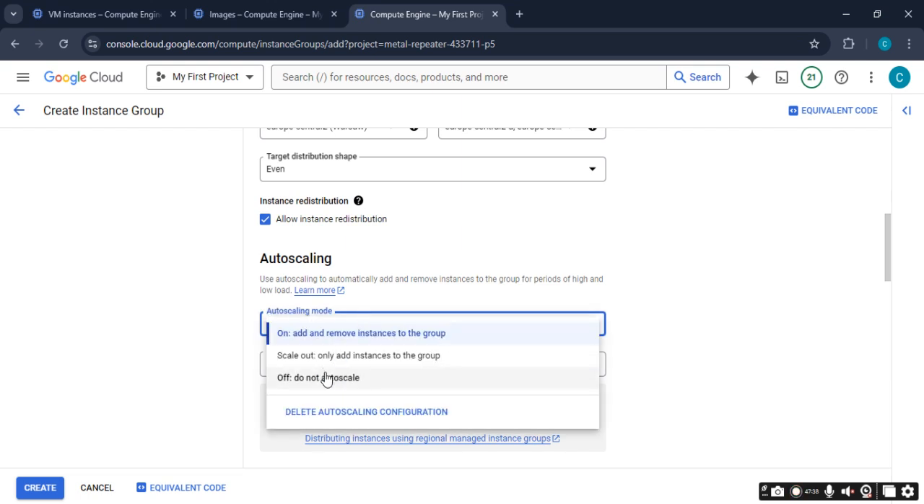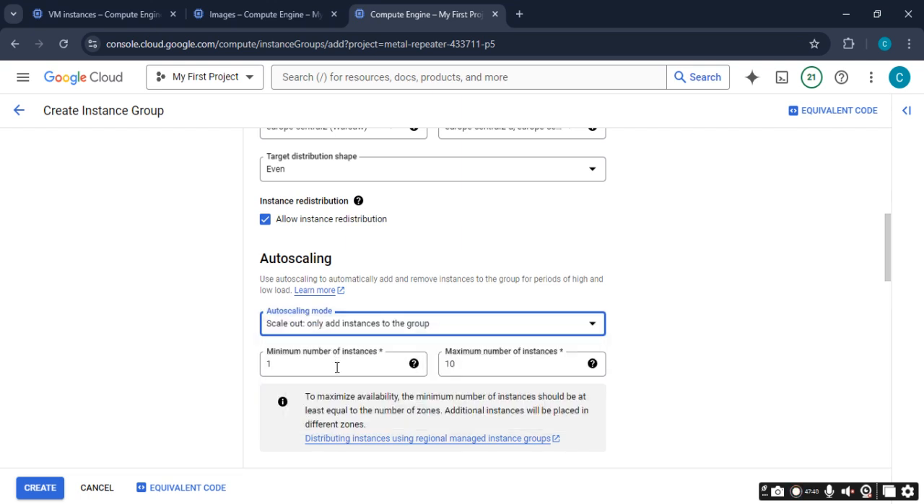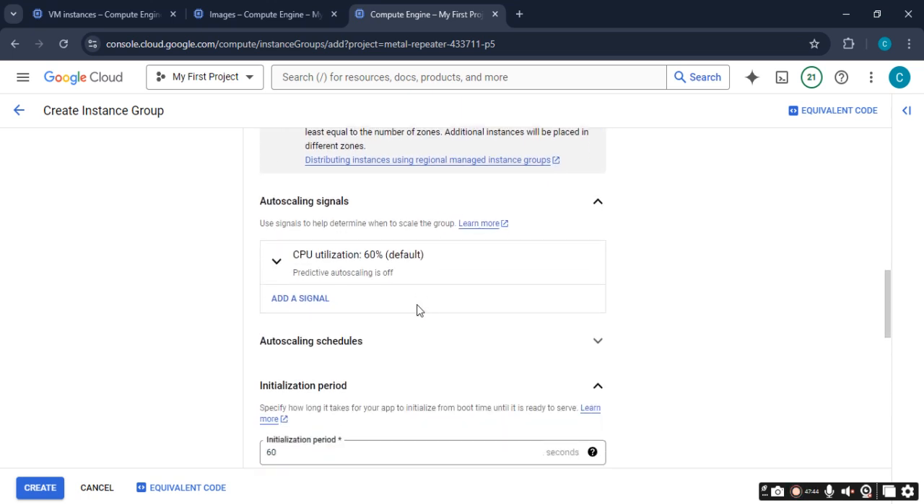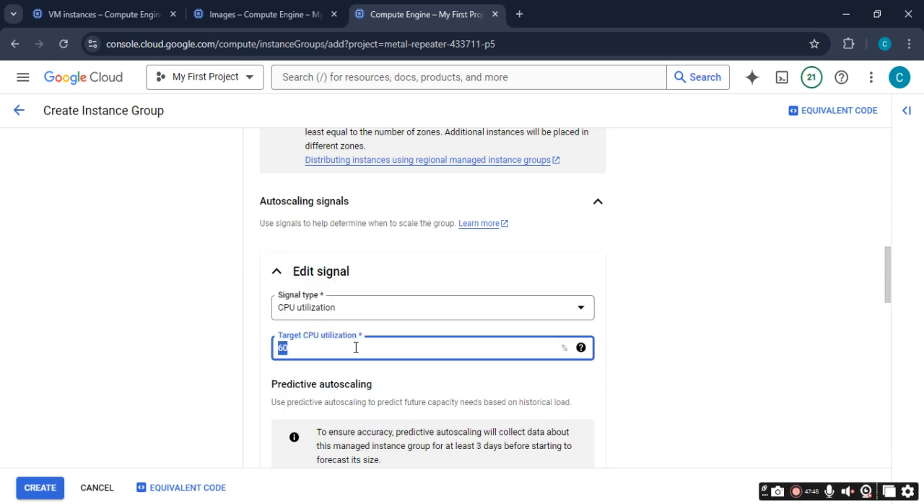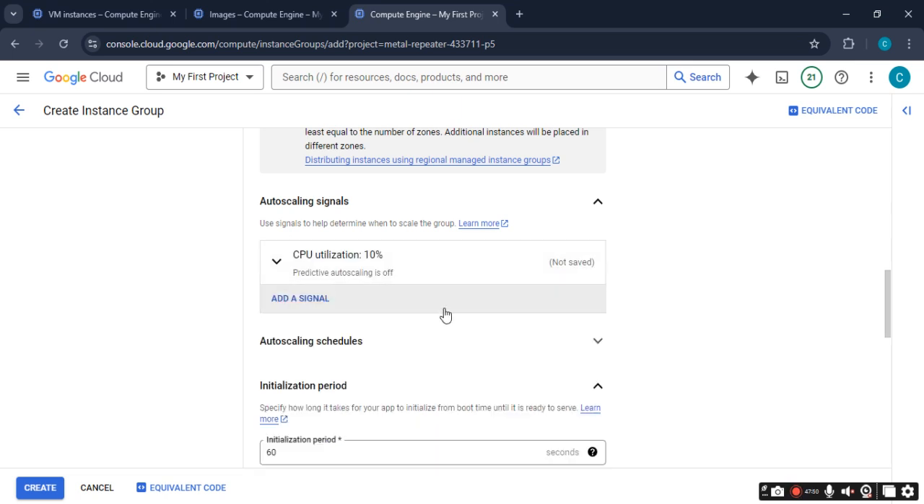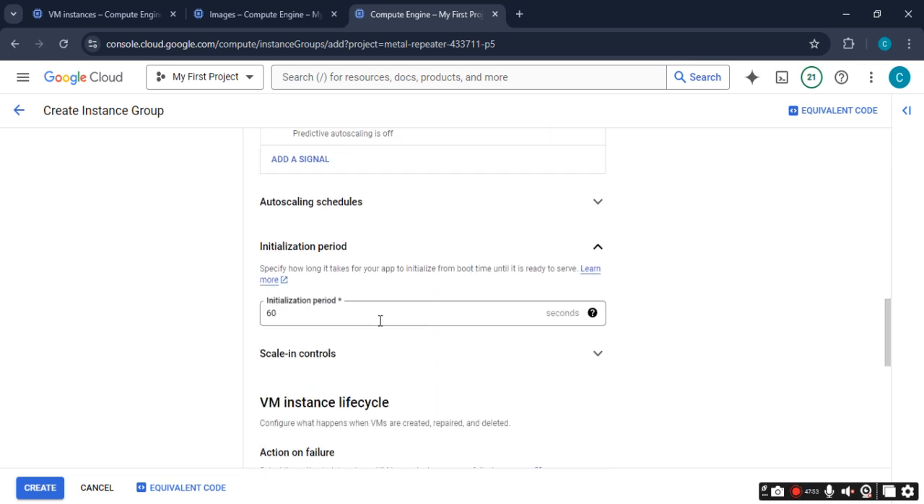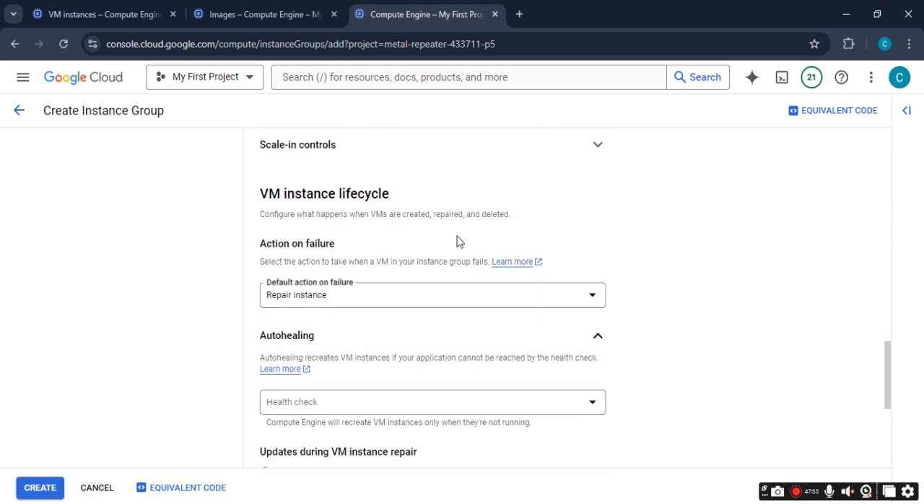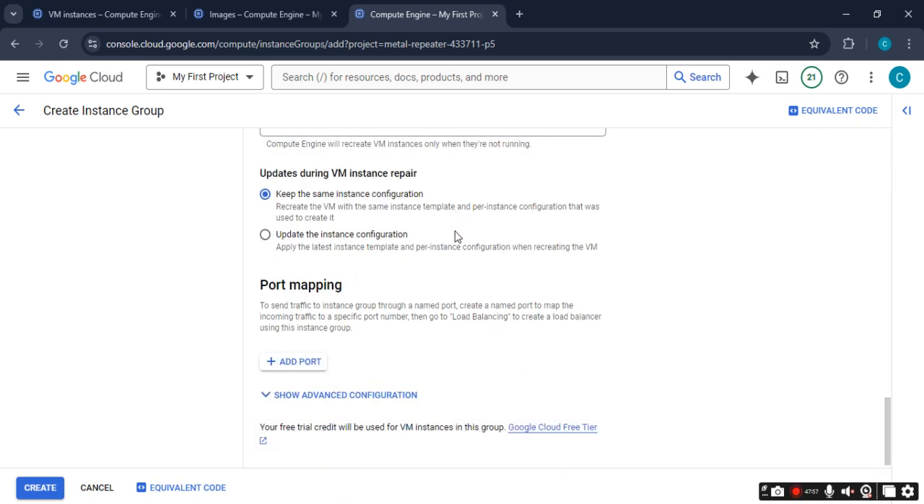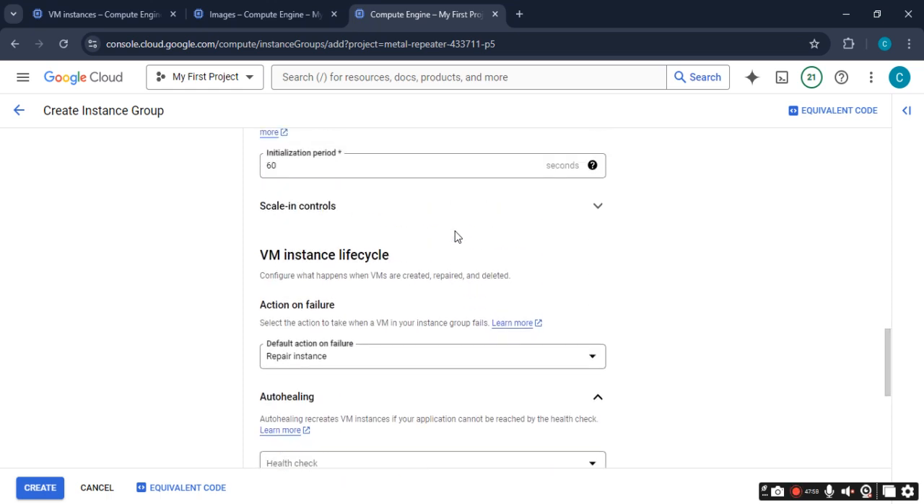Auto scaling. We want to scale out, add instance groups. How many? Maximum of 3. When this increases to 3, this should increase when the CPU utilization is more than say 10%. More than 10%. Initialization period 60, and then auto healing we are not adding. But we need to add